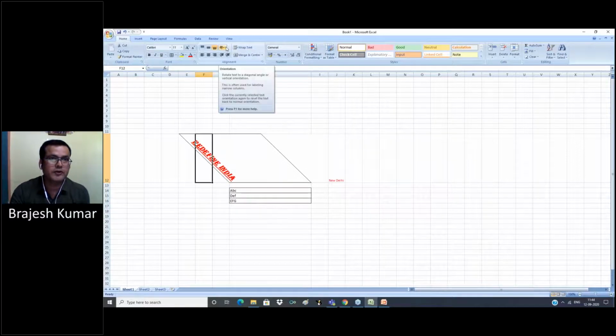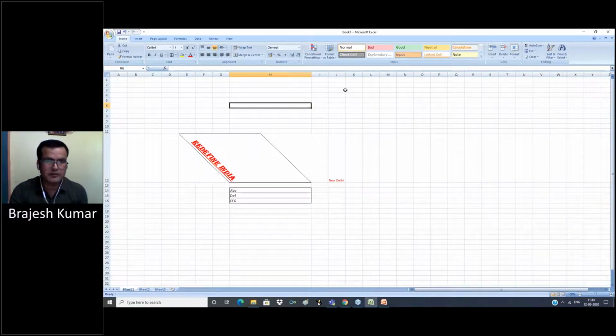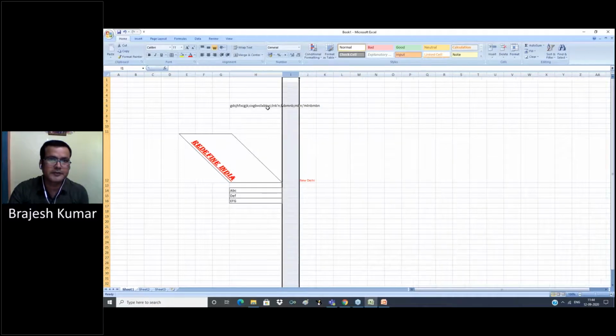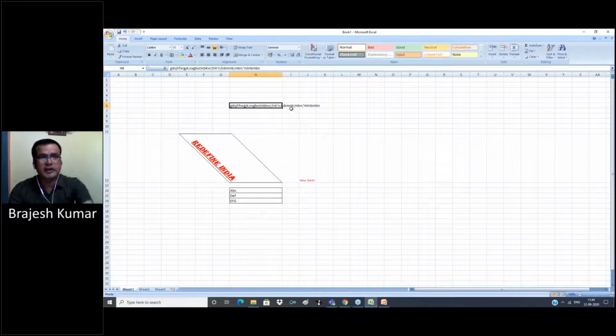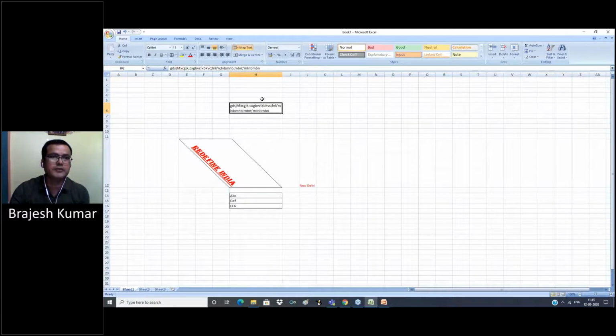So for rotation of text, we use this option. Wrap text: sometimes data is not displayed in one cell, it also displays in another cell. For this, we use wrap text so that all data displays in the same cell with the same size.